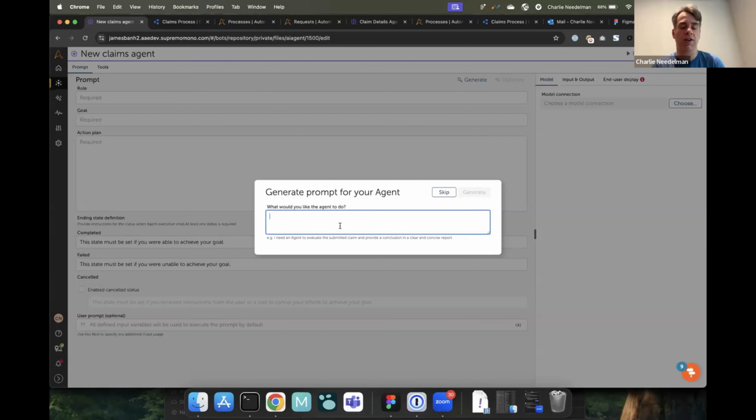So in my case: you are a claims agent. Your job is to collect all of the needed detail for, and I'm going to leave in the mistypes, a claim, because the cool thing is it'll handle the mistypes okay. You need to collect the claims, policy, and police report data. All right, that's all I'm going to type.